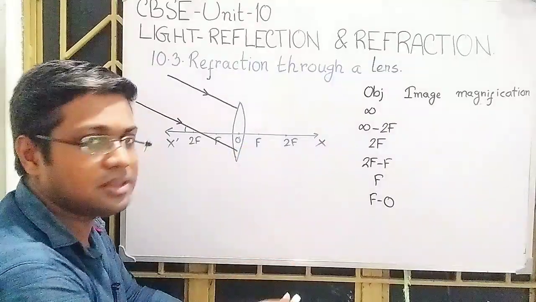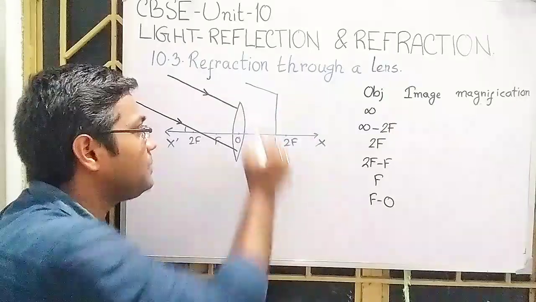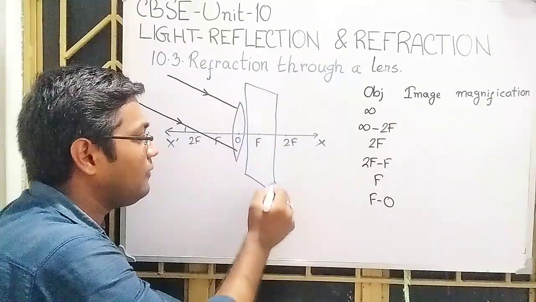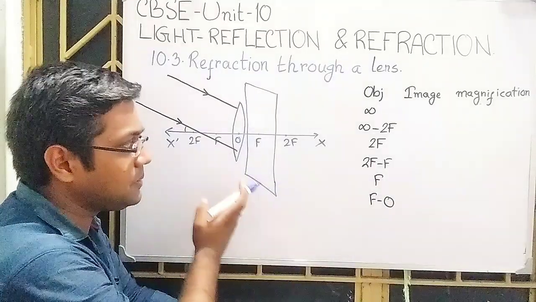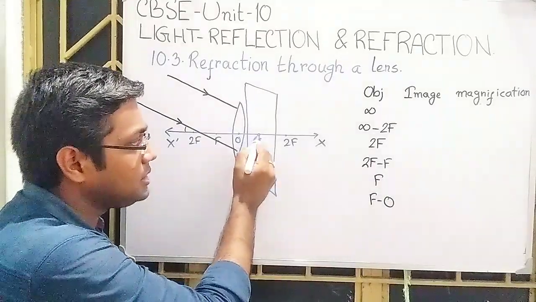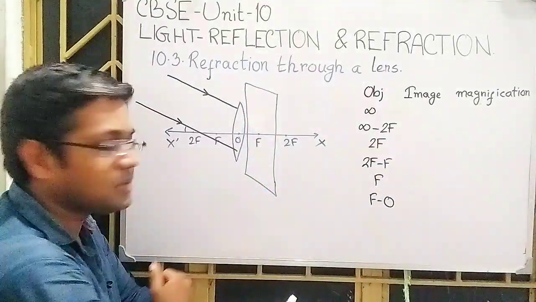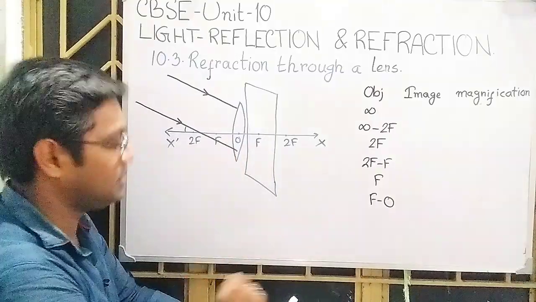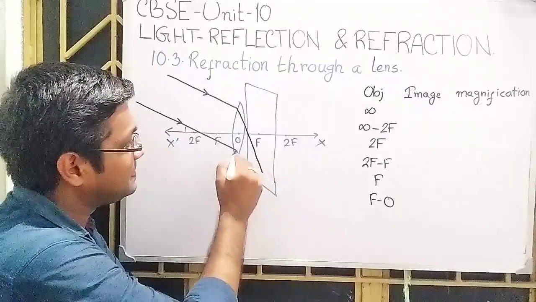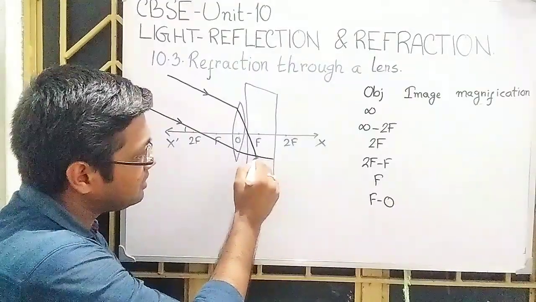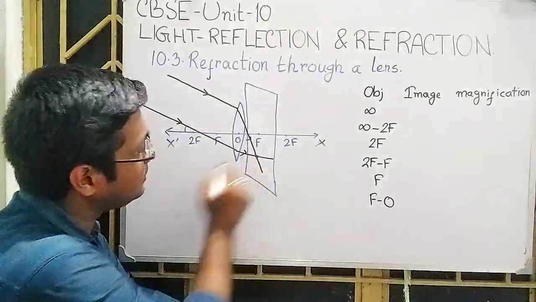they will not meet at the focus, but for that purpose we have to consider an imaginary plane of infinite extent perpendicular to that of the principal axis and passing through the focus. So the plane is something like that. Okay, we are trying to draw this thing. These two rays after refraction meet at this point and that is on the focal plane.